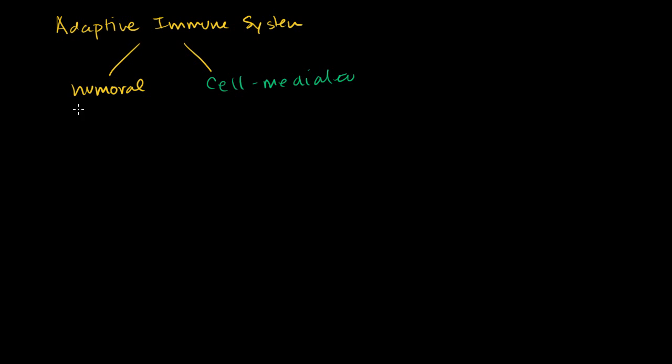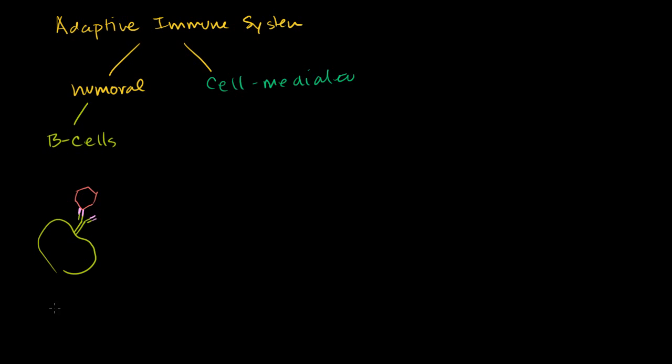Cell-mediated. And then in the humoral response, and we're talking about specific humoral response, this is where the B cells, the B lymphocytes, are at their most active. Essentially, you've got a B cell here. It has a very specific antibody specific to just this B cell, not B cells in general. If this happens to be one of the billions of B cells that has the matching lock for the key that is the intruding pathogen, that pathogen will bind to that B cell. Maybe it's a virus, maybe it's a bacteria. And then the B cell will get activated.